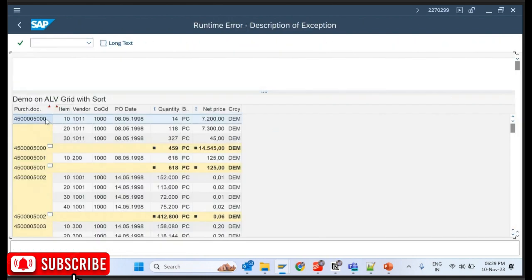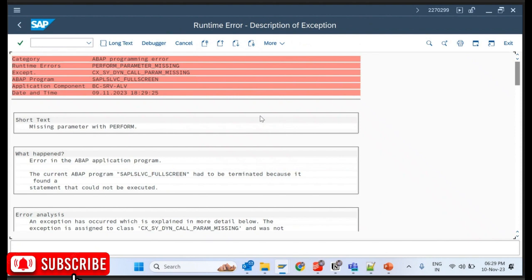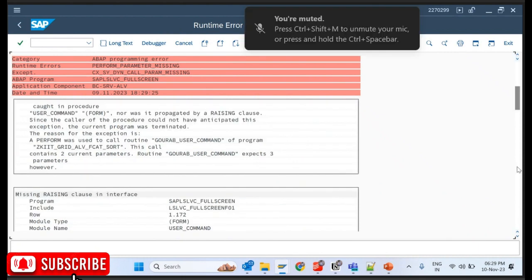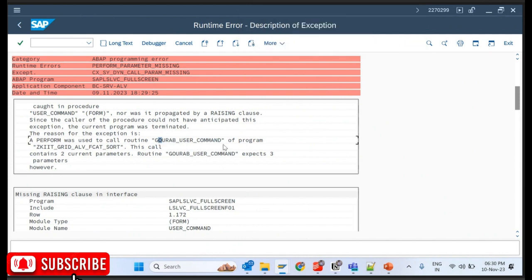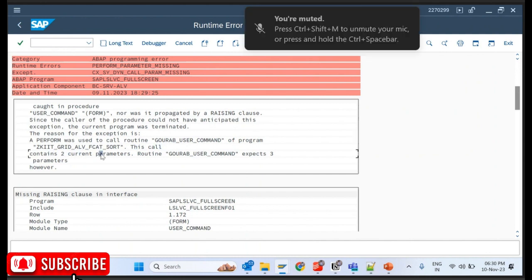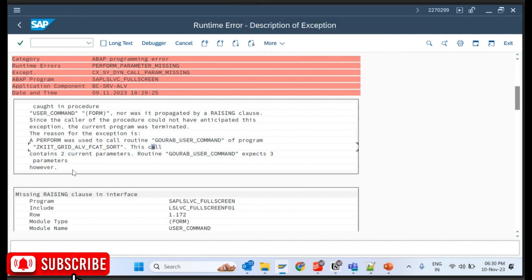I double click. I'm getting a dump. What is the error, guys? Missing parameter in perform. Here it is saying a perform was used to call the routine corrupt_user_command of program this. This call contains two current parameters. Routine expects three parameters,